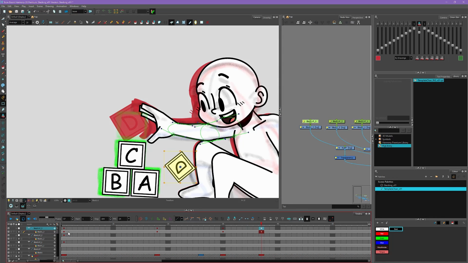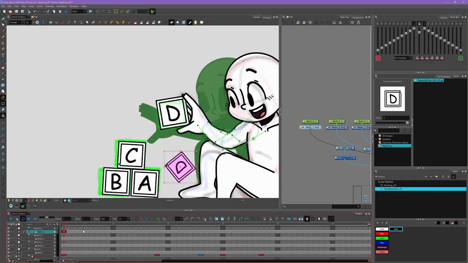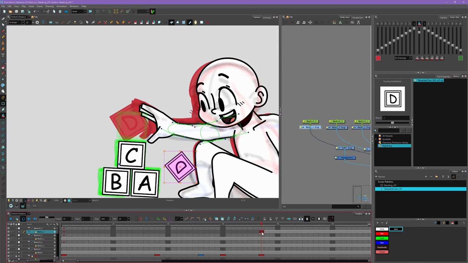We can also get rid of all these keyframes that we don't need, so get rid of those. And then we want it to disappear at the beginning here, so I can just drag this slider or use my brackets to have it disappear. It appears on this frame, and then we'll add a keyframe here, but you can see it's been animated so it's a little bit off from where it's supposed to be.